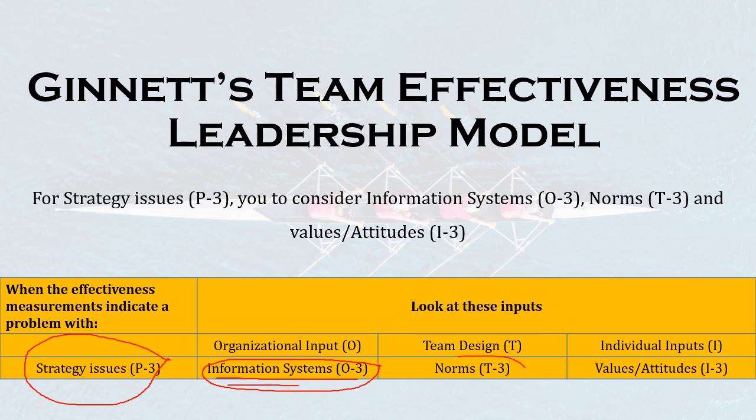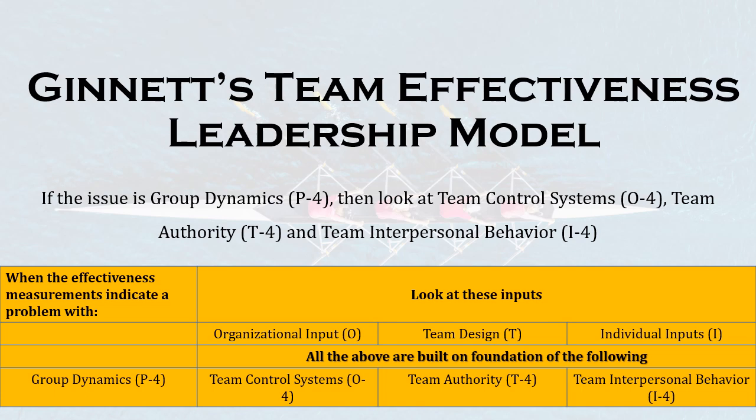The third criteria in team design is the norms or the policies by which the group is governed, and the third criteria in the individual output is the values and the attitude of the team members. When you see the next criteria,